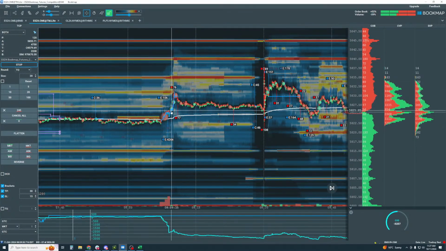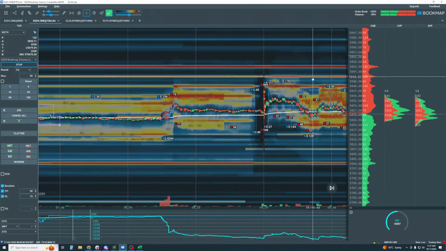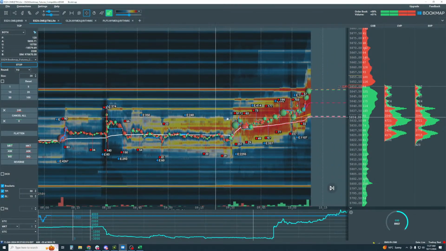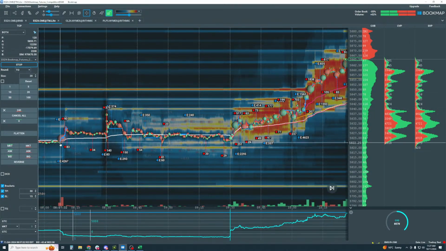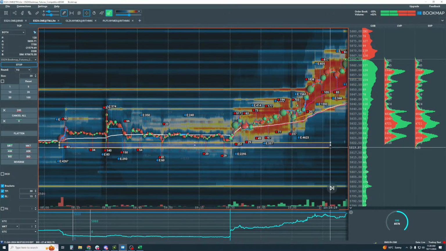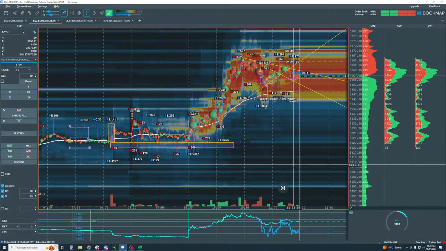It's kind of funny, before the news, both 8:30 news with the PPI as well as the 10 o'clock news. But this in here has actually, look at this. I mean, it's amazing. This has dominated the day. Okay? There's no question about it. Well, there's no question that it has not traded below that area here, around this 58.22, and that's where this larger player got in. Okay, 4,000, almost 5,000. I'm sorry, 4,200, almost 4,300 icebergs in this little area right in here. It has dominated the price action.